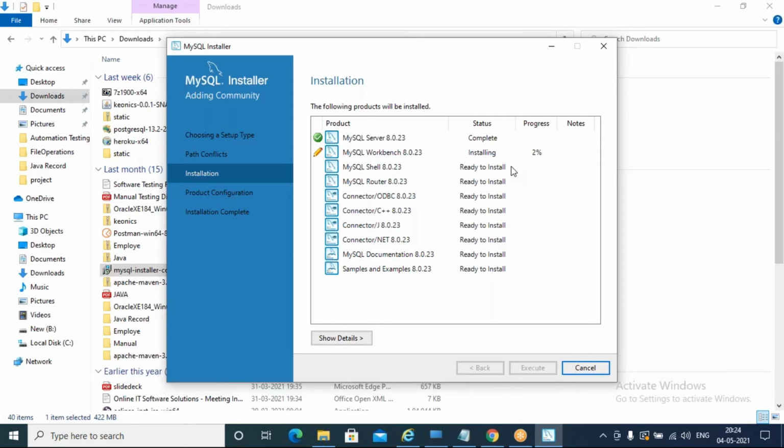Okay, the first installation got completed. MySQL server got installed. Now it is installing MySQL Workbench. You need to wait for some time until all of this gets installed on our machine.